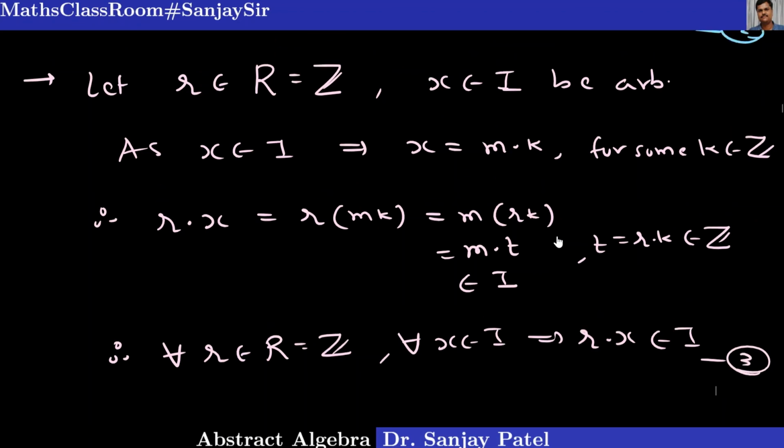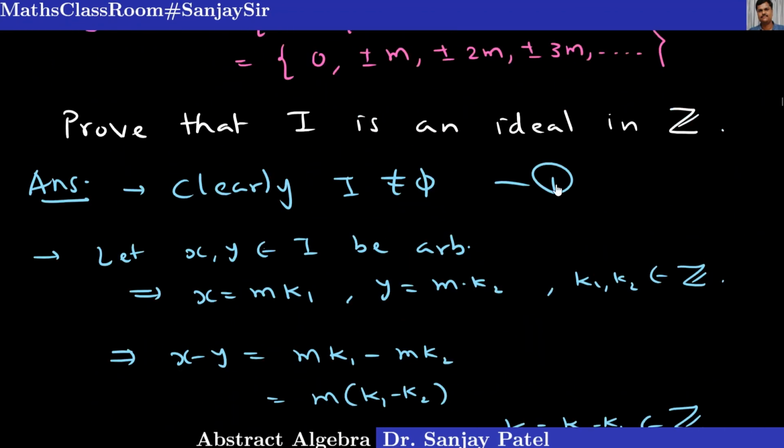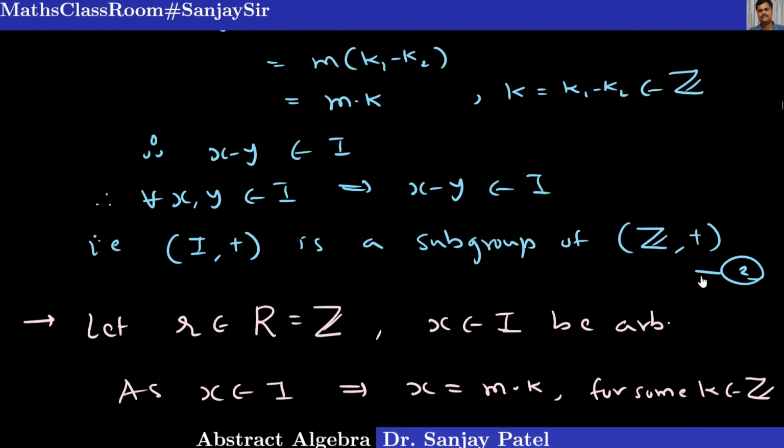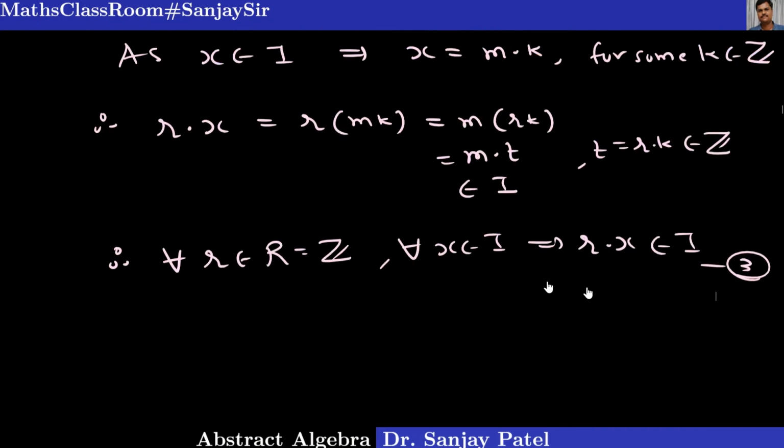What is the first thing? We have shown that I is non-empty. Second, I plus is a subgroup of Z plus. And the third is that it satisfies the left ideal condition, because the ring element, small r, is multiplied on the left hand side of this dot. So from 1, 2 and 3, it follows that